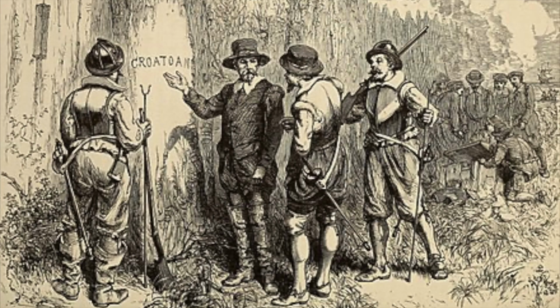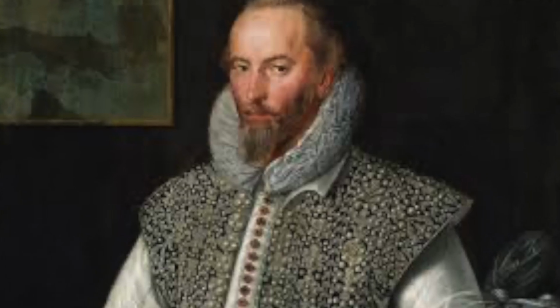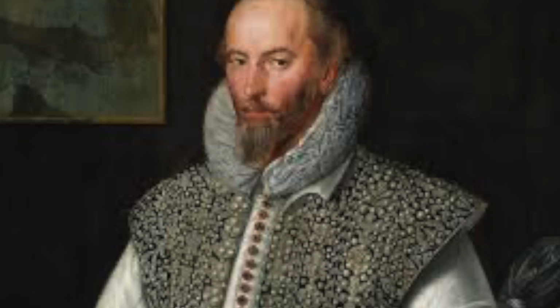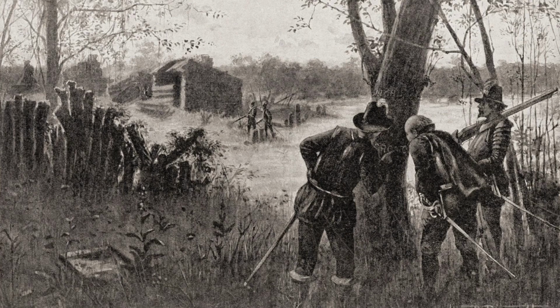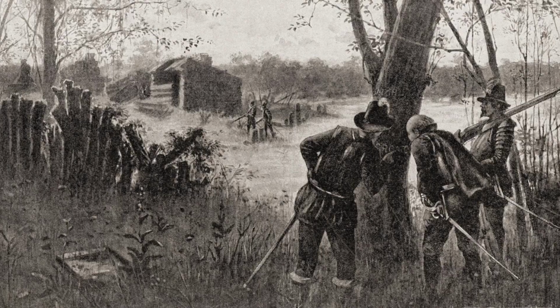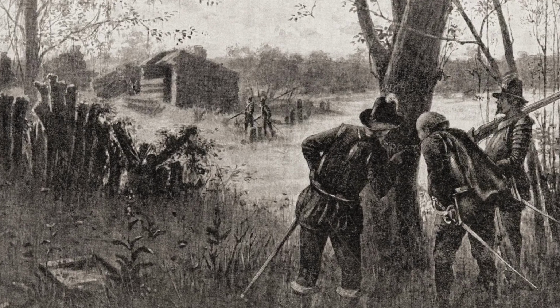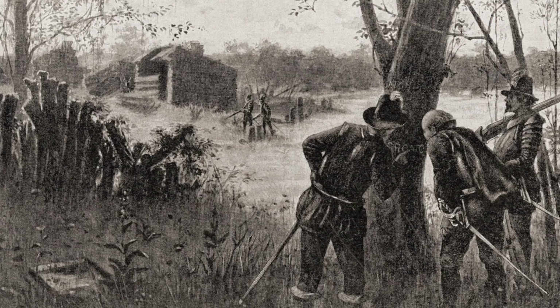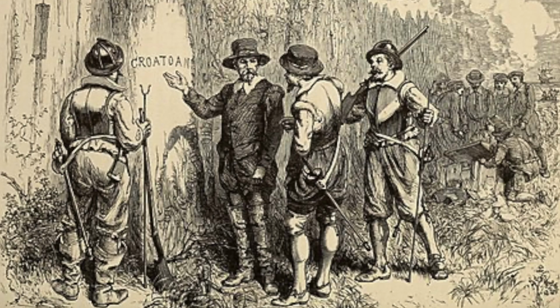The Roanoke colony was an attempt by Sir Walter Raleigh to establish the first permanent English settlement in North America. Founded in 1585, the colony was discovered abandoned in 1590 when a resupply ship arrived, with no explanation for the disappearance of its inhabitants. Known as the Lost Colony, the fate of between 112 and 121 settlers remains a mystery